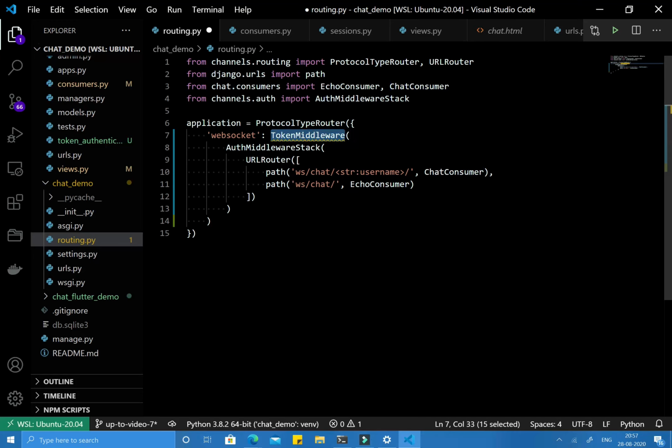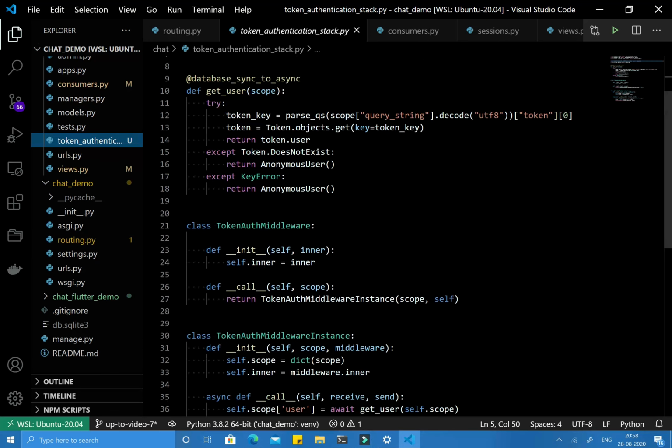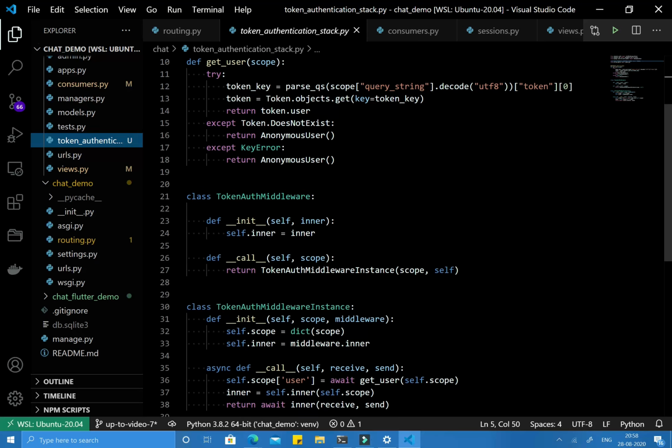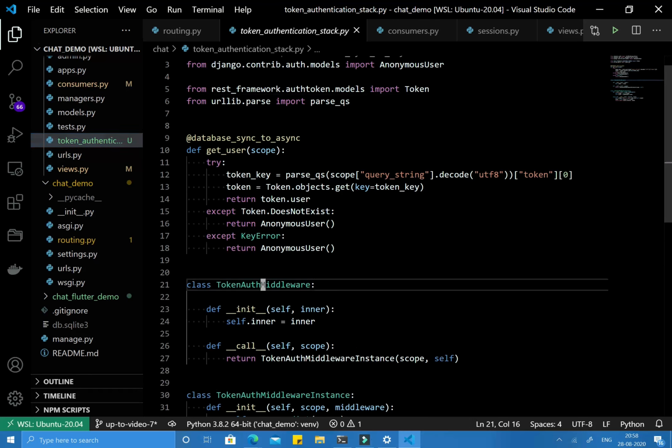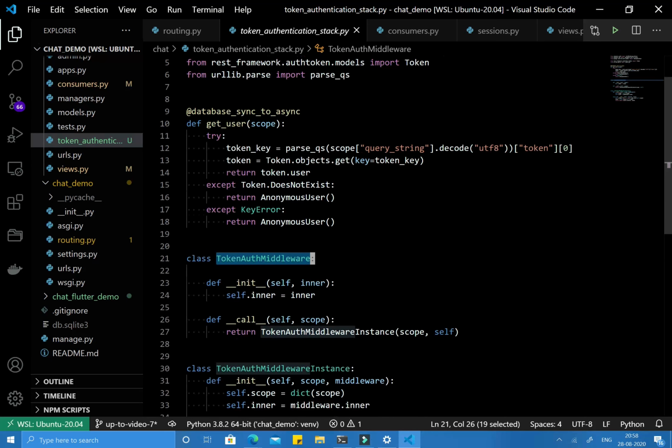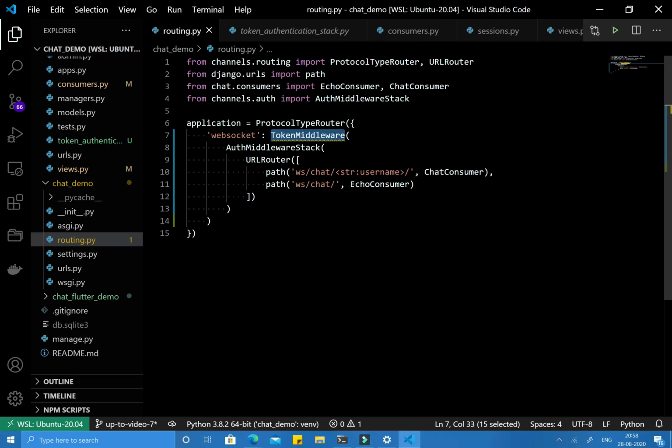Now let's implement this token middleware. In fact, I'm not going to implement it, but I have already added it, and this will be committed to our source code, so you will be able to see that. I'm just going to explain for now. This is the class which we are writing, and in this class we just have an init method, where we take the inner ASGI application and assign it to inner. This class must be callable, as you can see in token, we are using it as a callable function, so a callable class.